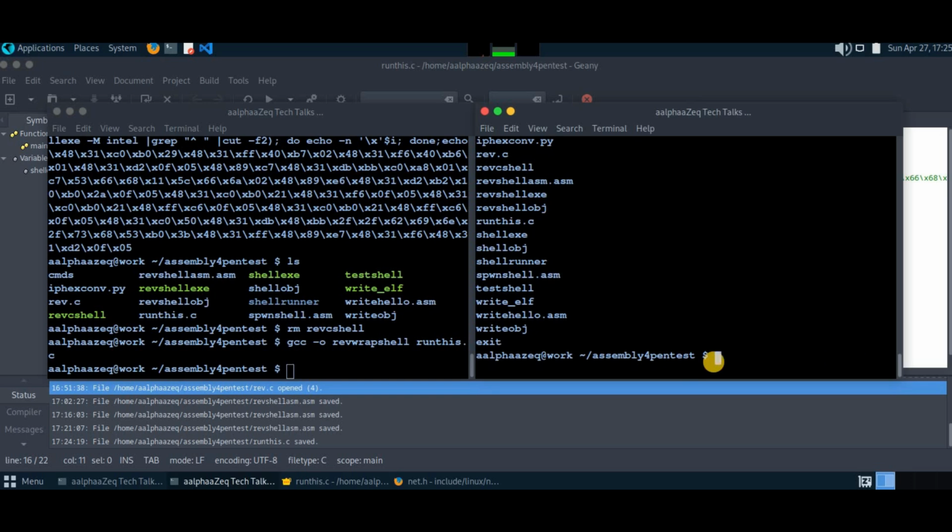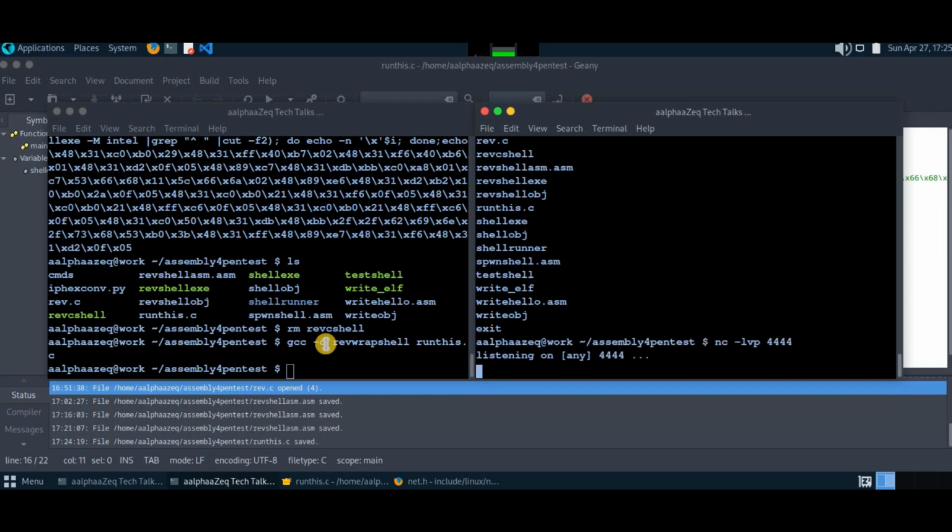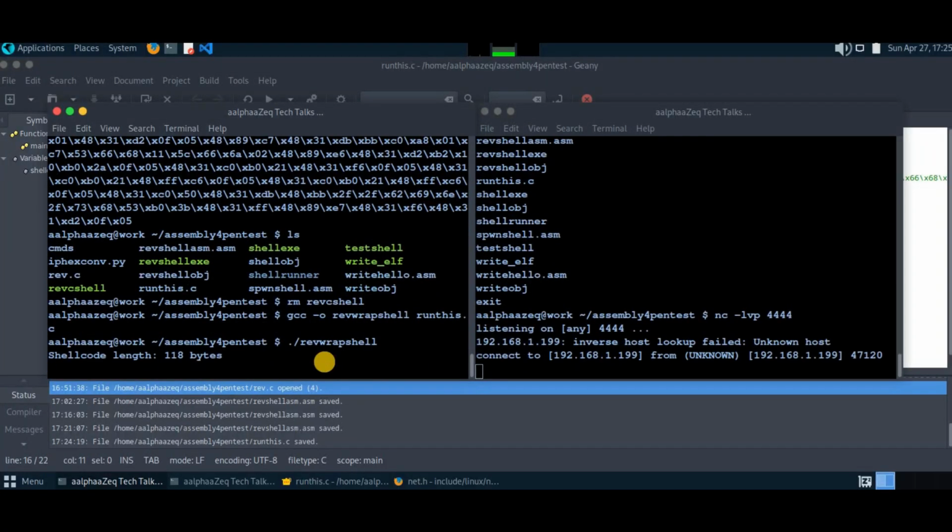Let me run nc -lvp 4444. So let's run our shellcode. Wrapper. Oh yeah, see, even though it's 118 bytes,